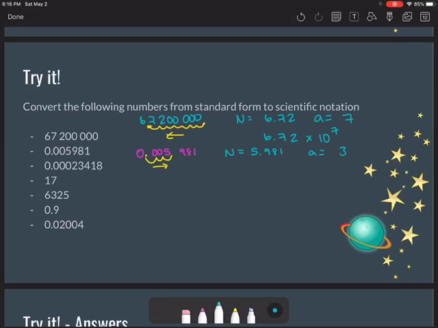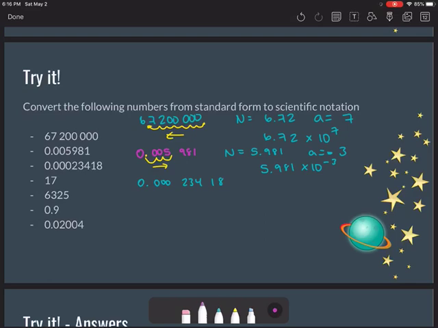Is it going to be positive or negative? Well, I moved that decimal over to the right, so it's going to be negative. Or I could just think, well, hey, that number 0.005981 is a small number. Small numbers will have scientific notation with a negative exponent. So my final answer, when I put my n and a together in scientific notation, I get 5.981 times 10 to the negative 3. I realized I wanted to do this in a different color, but did not. Oops. Okay. Next, I have